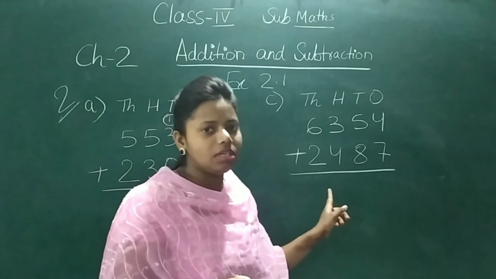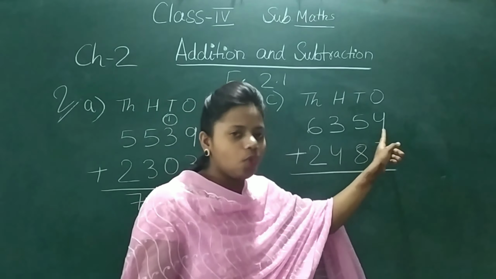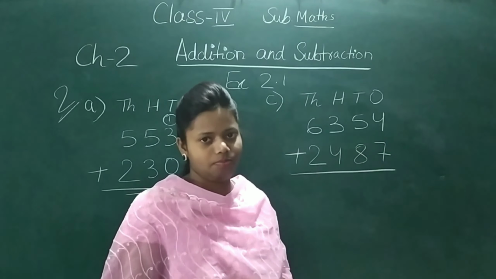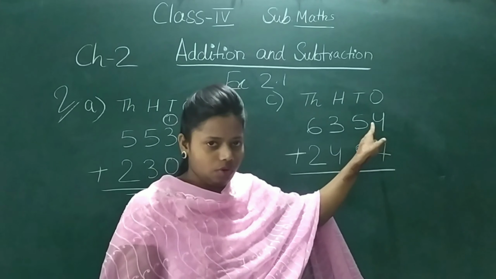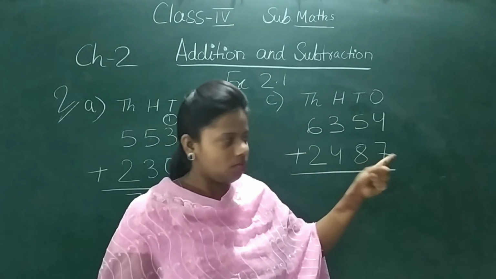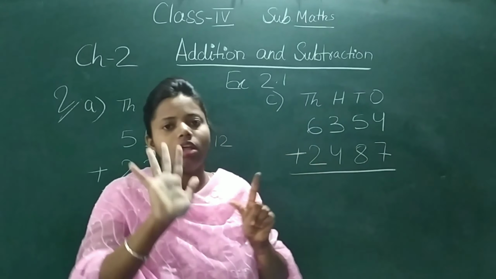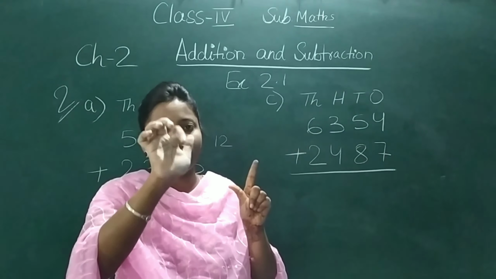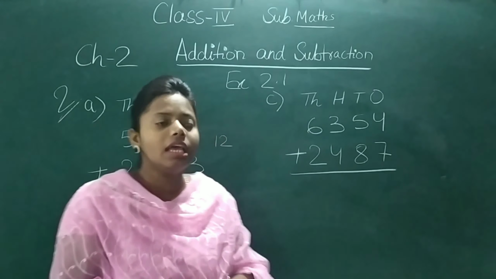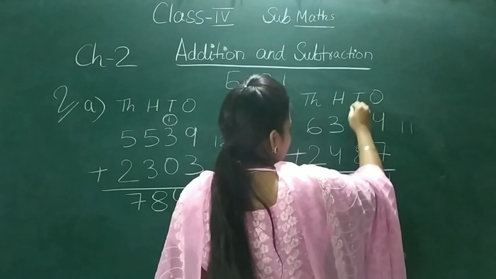Okay, now let's see question number C, how to add. This is 4. We have to add 7 to it. 4 plus 7. So 4 is there, let's start the counting from 5, till how much you have to add? 7. So here it is 4, 5, 6, 7, 8, 9, 10, 11. How much is it? 11. So 4 plus 7 is 11. And 11 is a 2-digit number. So 1 will be written here and 1 will be given as carry.